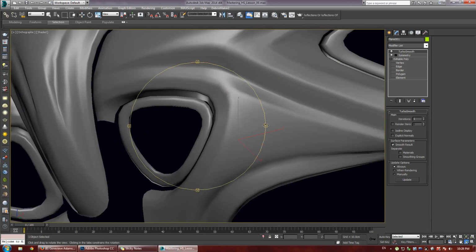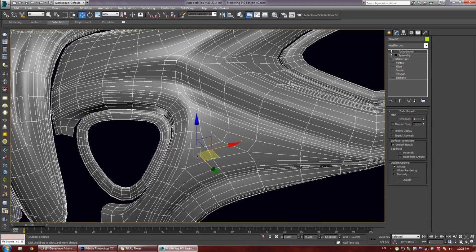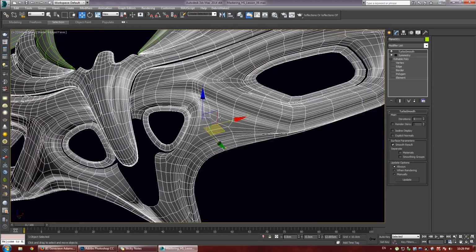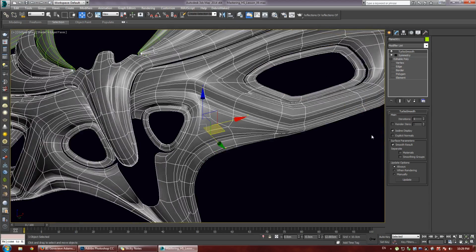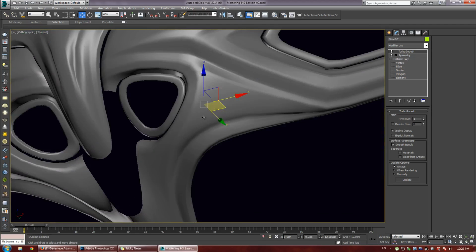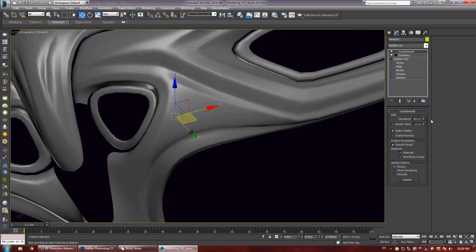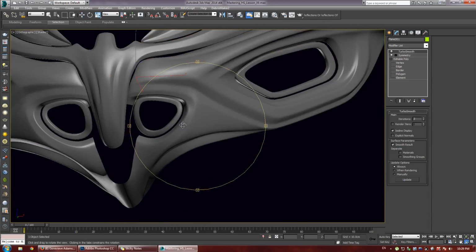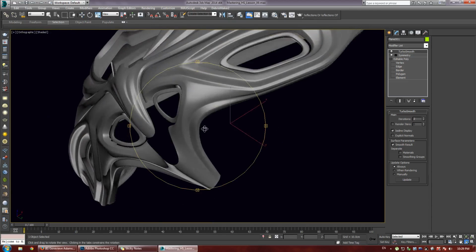Whereas even though things aren't smoothing that perfectly, if I want to go in on the subdivided version and select all these polygons and turn that into some kind of circular inset, I should still be able to get away with it. So in general theory, I'm trying to avoid situations like too many edge loops flowing down in one direction when it's not fully necessary. So even though it doesn't look like the best topology, if I just take one more look